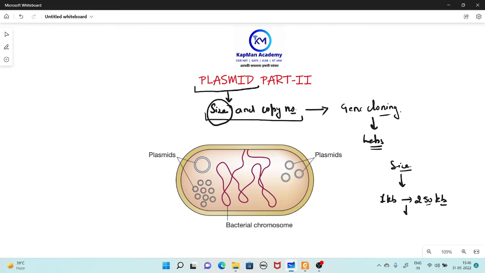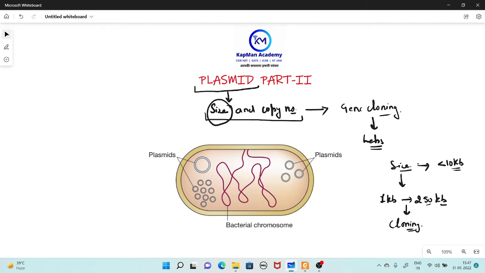And of all these plasmids, only a few are useful for cloning purposes under special circumstances. So for making a better cloning vector, its size should be less than 10